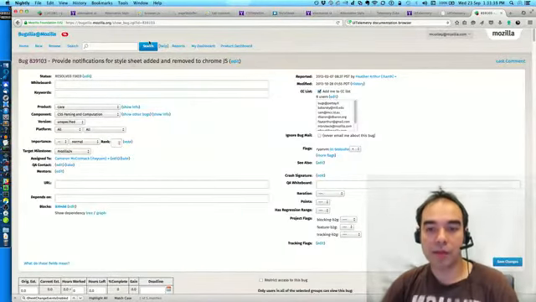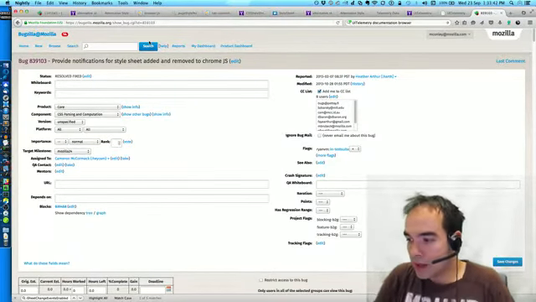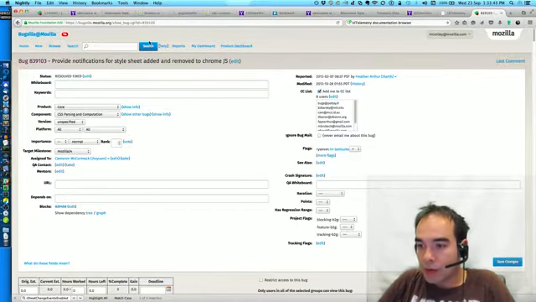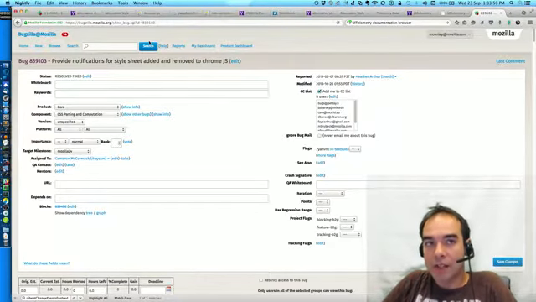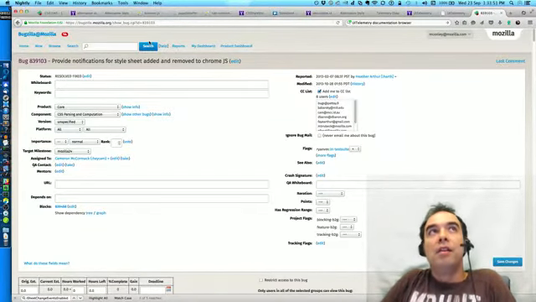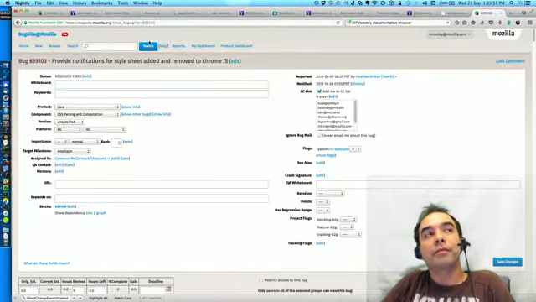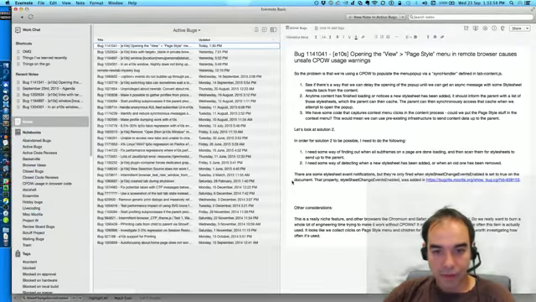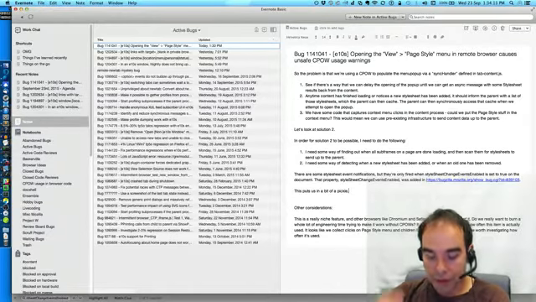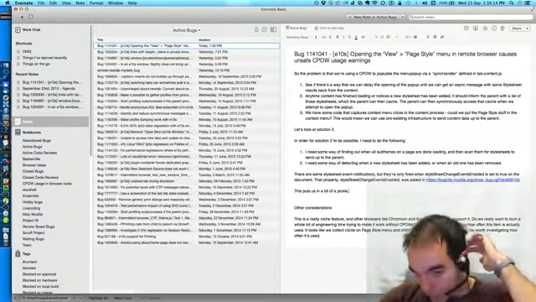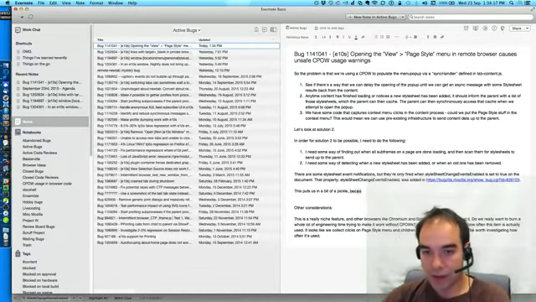Okay. So that was the problem. And I don't know if there's anything useful we can leverage from that, because what we want to do is hear about all of the style sheets. That kind of puts us in a pickle. This puts us in a bit of a pickle because